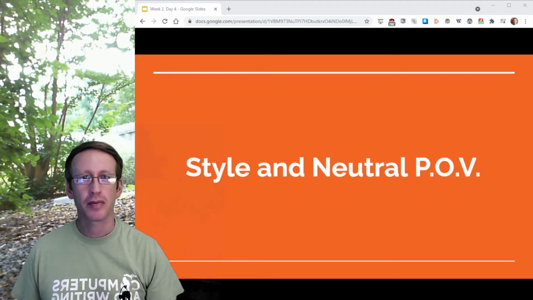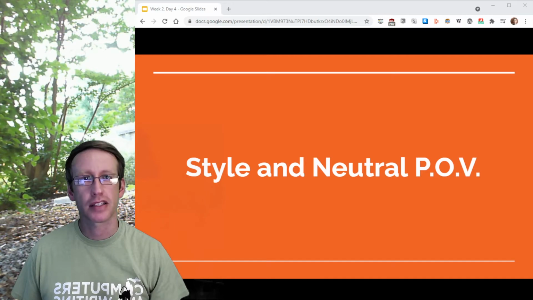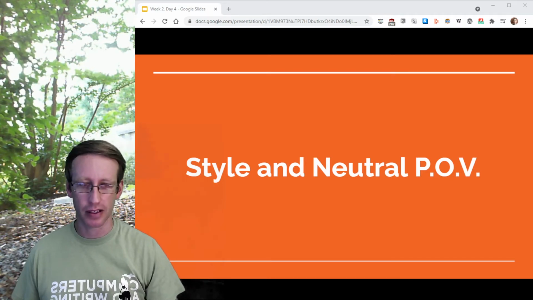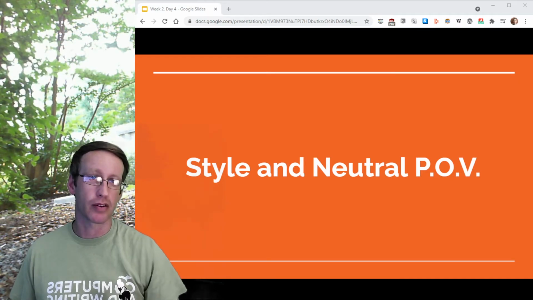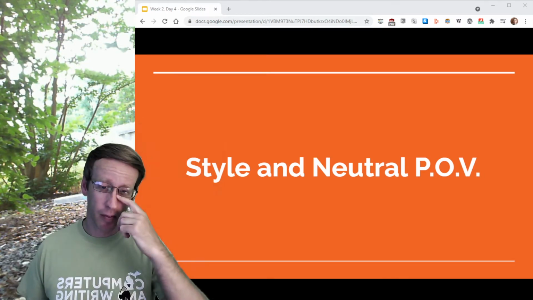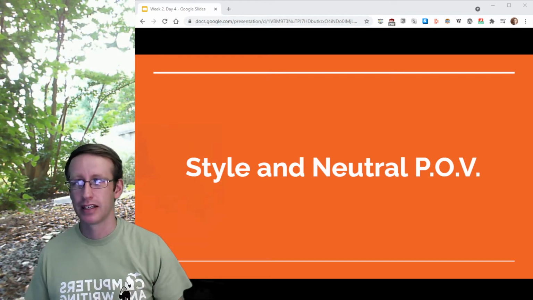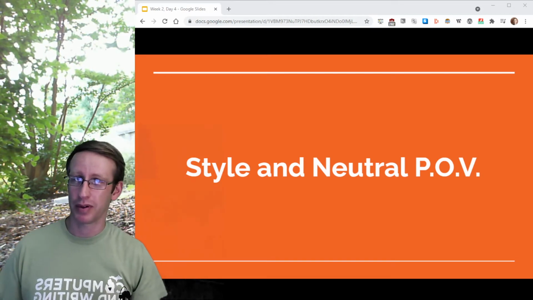So the way that you write your article should be a formal style. We're kind of modeling this after Snopes, which has, I would say, a rather objective journalistic style, but it is ultimately a journalistic style. But even more neutrally than that, I want you to think of and try to emulate the style of writing that you see in a Wikipedia article.